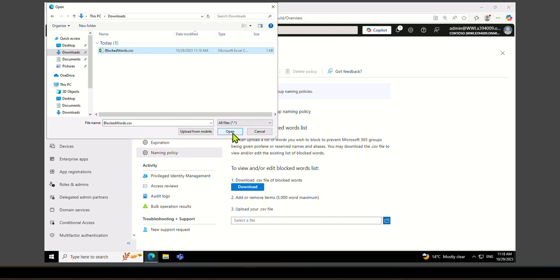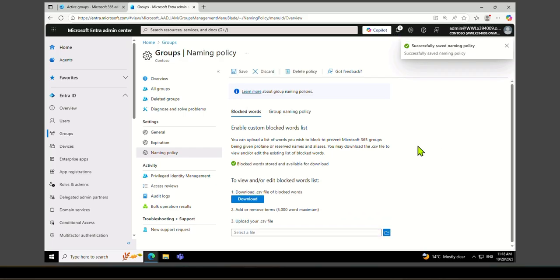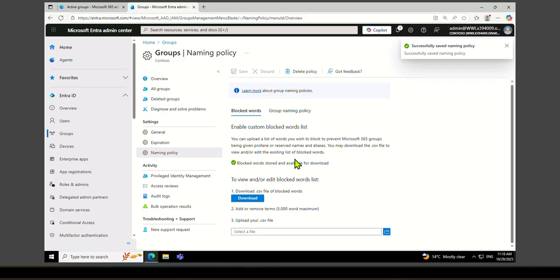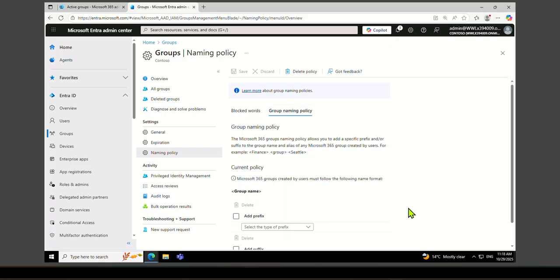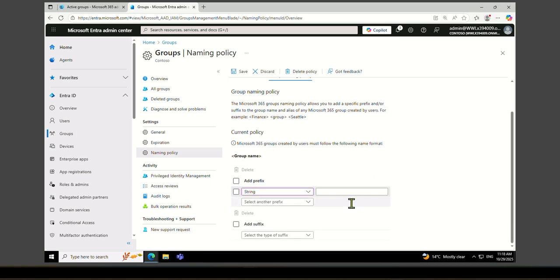So upload it and save the settings. Next policy is group naming policy. So let's say if you want to add a prefix or a suffix, like some strings or attributes before and after, you can define a standard group naming policy for your Microsoft 365 groups, security groups over here. So we are going to add a prefix as